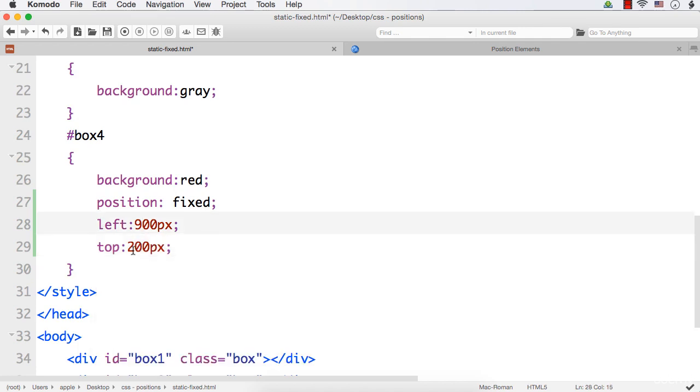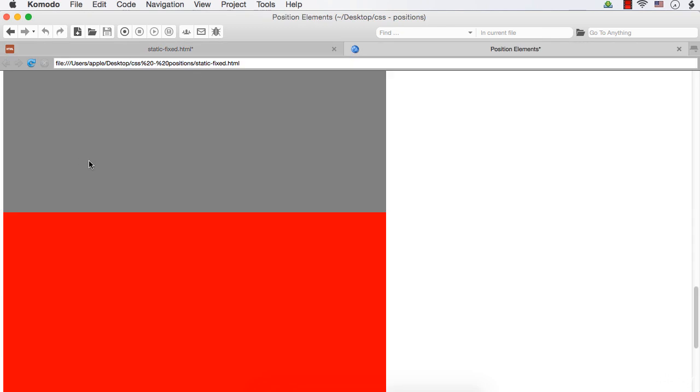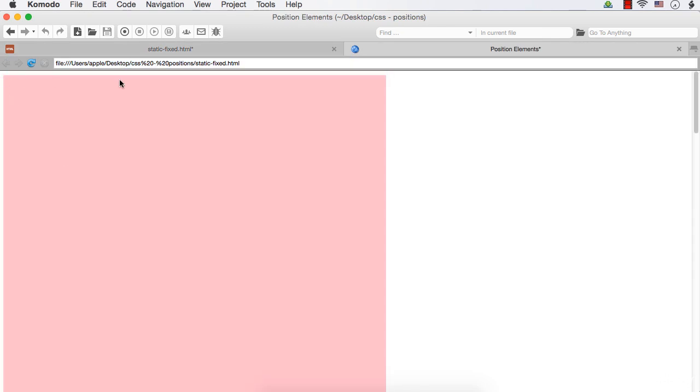So left is 900 and top is 200 means from here it will move 900 pixels. So this is 700, so it will move 200 pixels more, and the value of top is set to be 200 means from here it will move 200. So it will be approximately somewhere here.